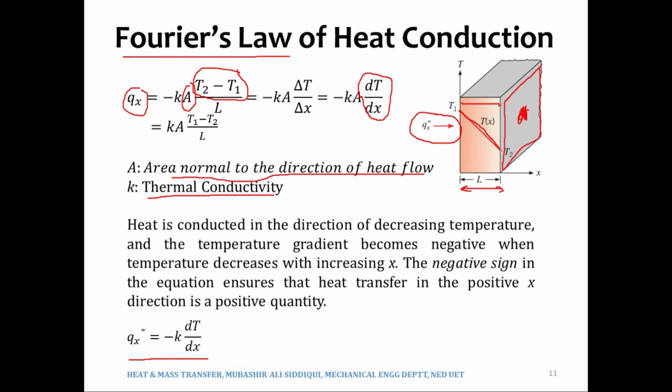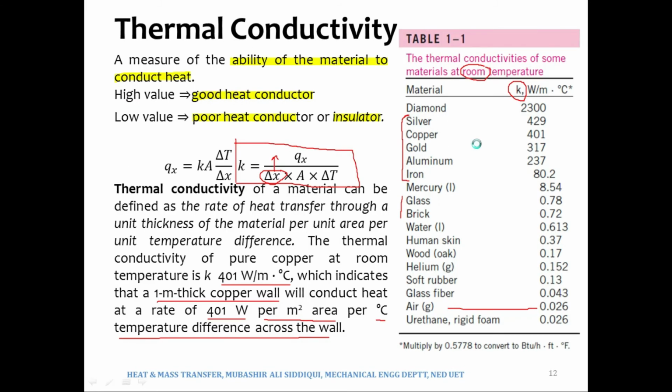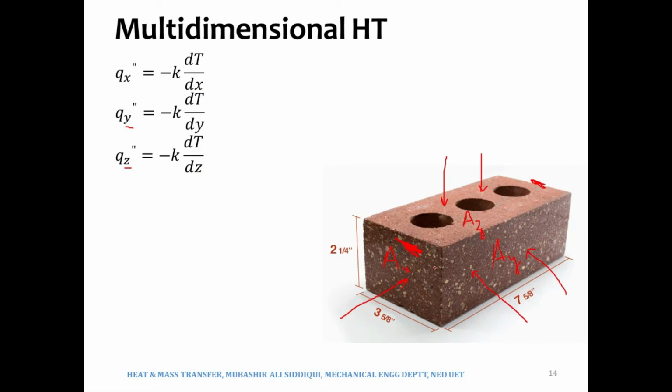So what I am trying to emphasize is that we would have a temperature profile, a temperature distribution, depending upon the temperature values at the two faces, and also depending upon the thickness of the medium, and also depending upon the nature of the medium itself, which we will see later. So coming back to where we were, there would be a temperature profile between this face and the opposite face, right? So there would be T as a function of x, right?